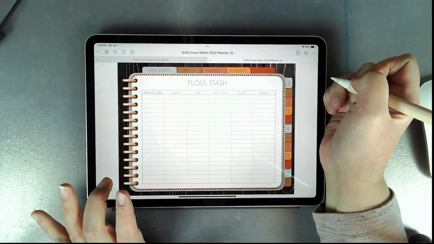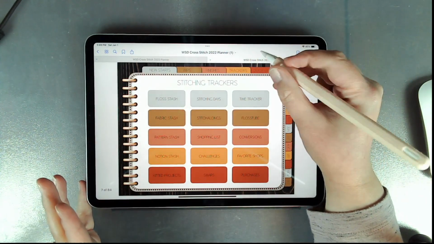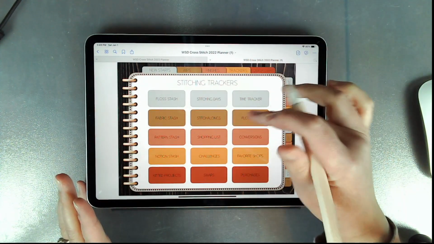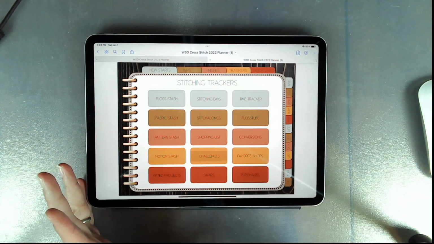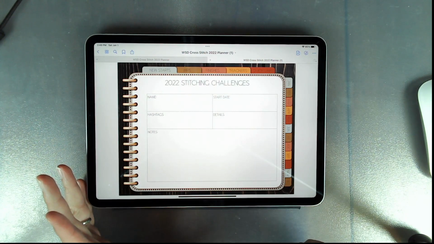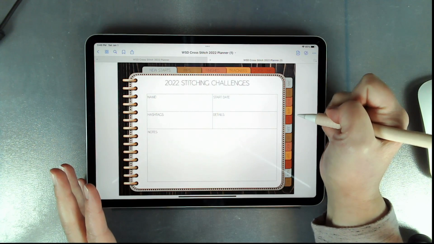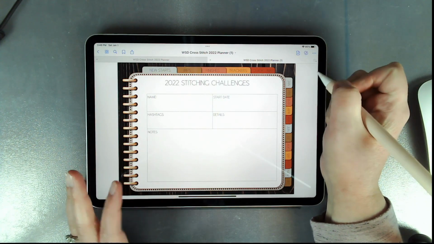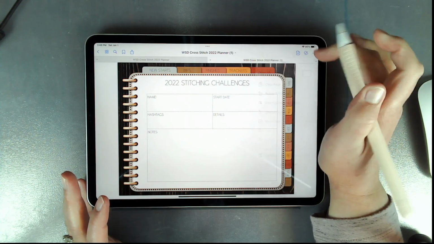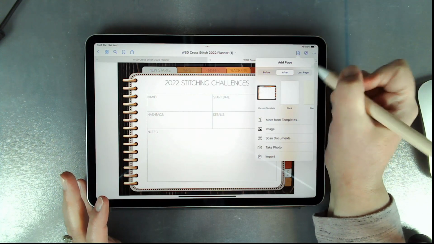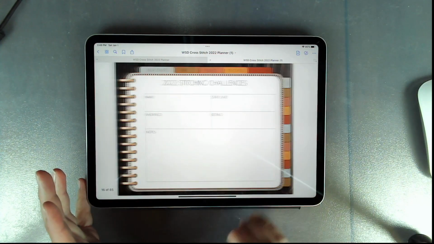And so even though you can scroll through all of the trackers, if you prefer, you can just click on that trackers button, and then you can go here and go, which one of these am I looking for? Oh, I want to record my challenges, and it'll take you directly to that page. And then again, you've got a blank page here that you can use to fill in. And if you want to add another one, all you got to do is, sorry, I clicked the wrong button. Click add page, current template, after or before, wherever you want to put it, and it will just add it